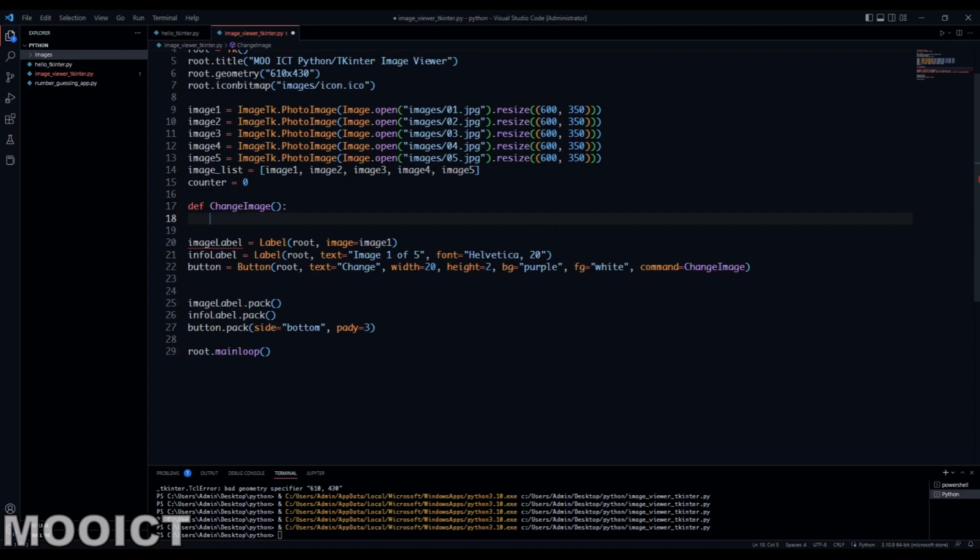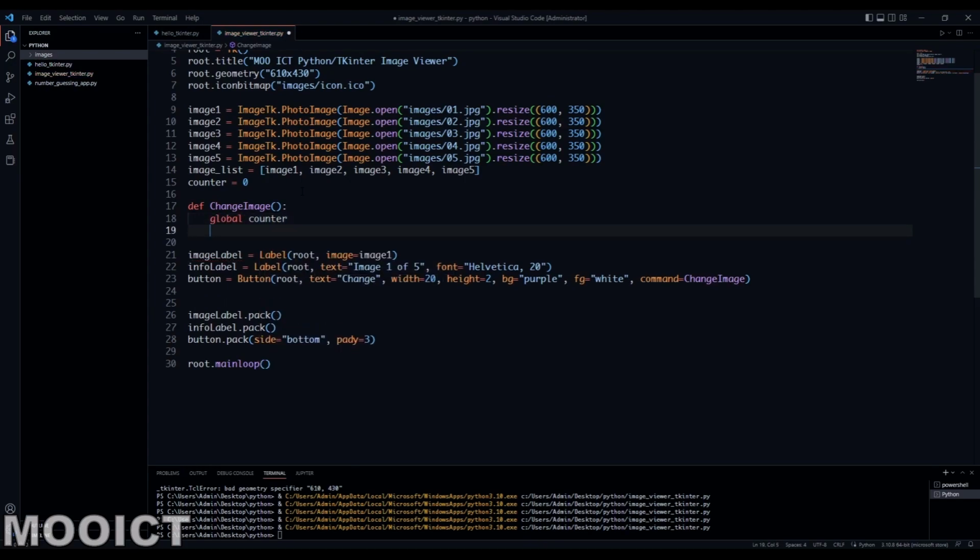So first we need to communicate with the counter integer here. So we need to say global and then link in the counter, right? So that way whatever value is changed is globally changed, not just changed inside of the function. Okay, and then we can say if